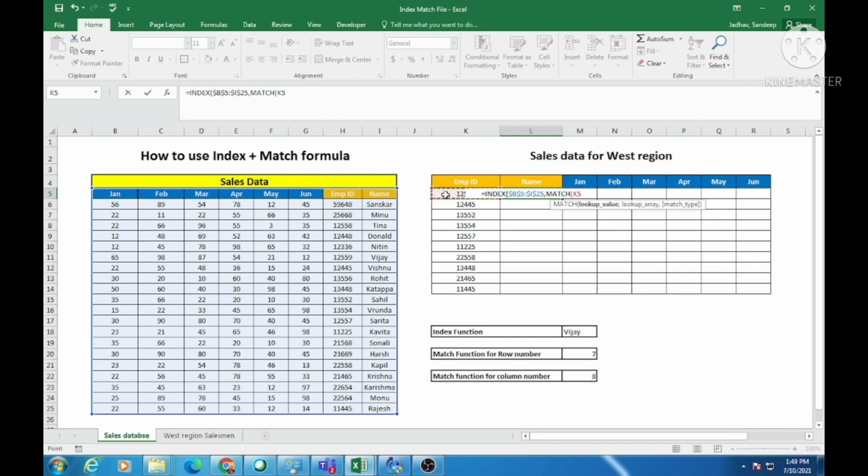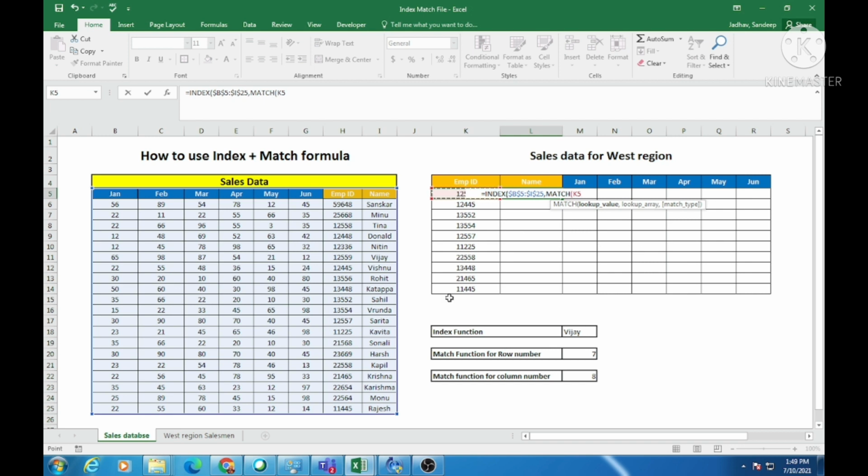Now I want to copy the formula from top to bottom. So I will not lock this particular cell on the row, but I want to copy the formula from left to right as well. So I don't want Excel to move from column K to column L when I copy the formula from left to right. So I will lock this cell on the column side, but not on the row.